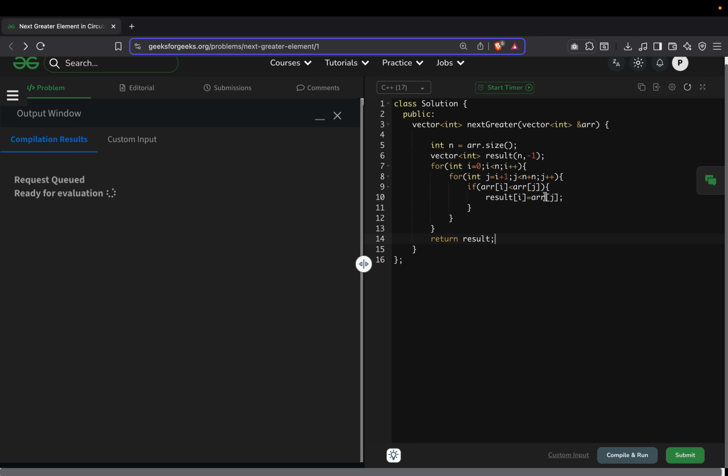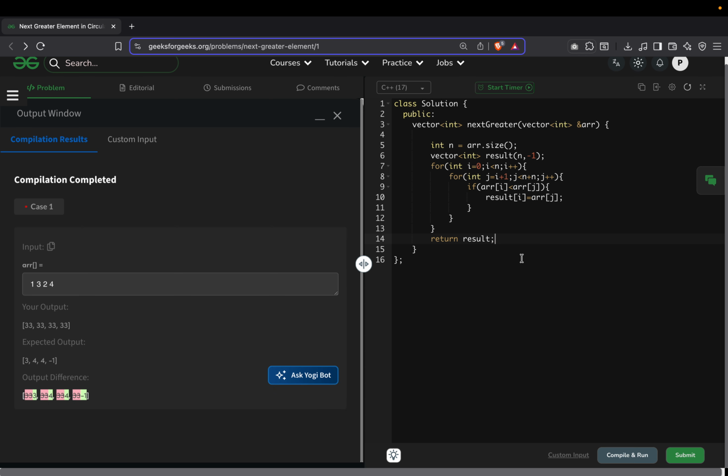What's going on? Until j equals to i plus 1 until n plus n, 2n. Yeah, okay,